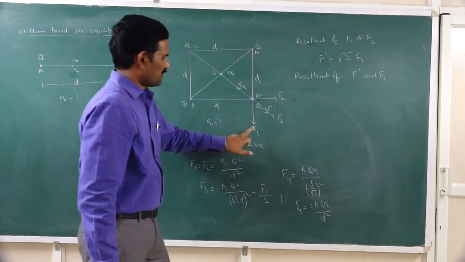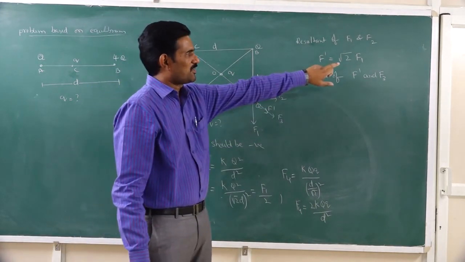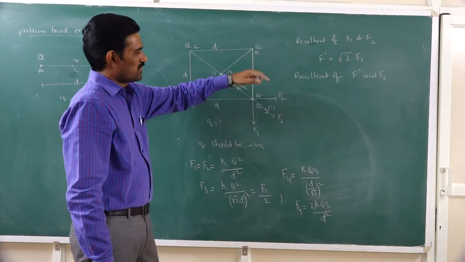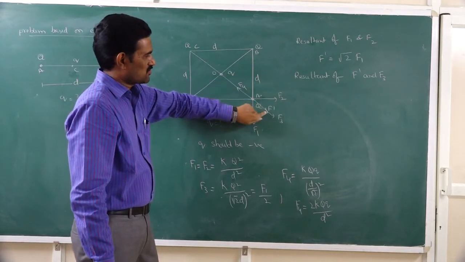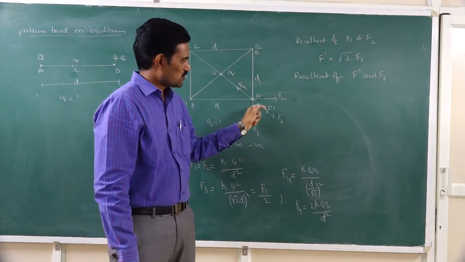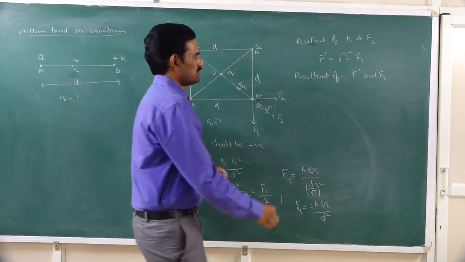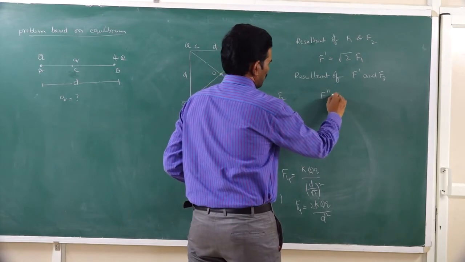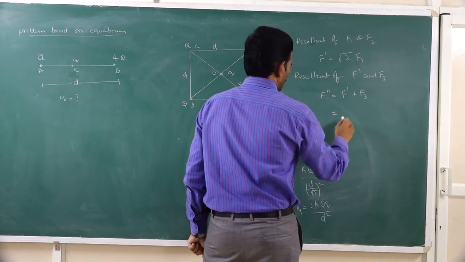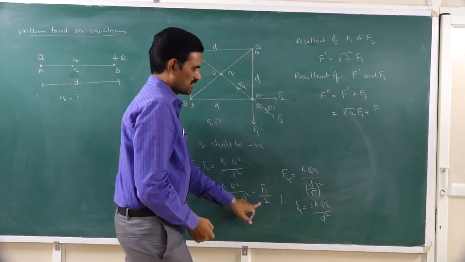So listen to this once again. We are first finding the resultant of F1 and F2. They are perpendicular to each other. We are applying the parallelogram law of vector addition, so we will get root 2 F1. That F dash is the resultant of these two. That means we are replacing these two with this F dash. That F dash will be in the direction of F3. And so when you are finding the resultant of these two forces, we can directly add them. So I am taking it as F double dash. So that force must be equal to F dash plus F3. So F dash is nothing but root 2 F1, and F3 value we can express as F1 by 2.